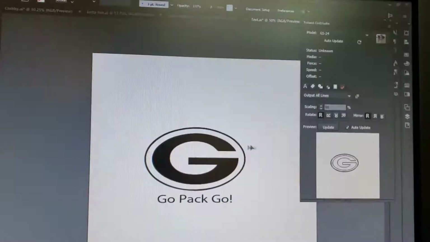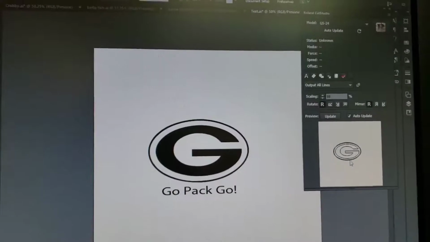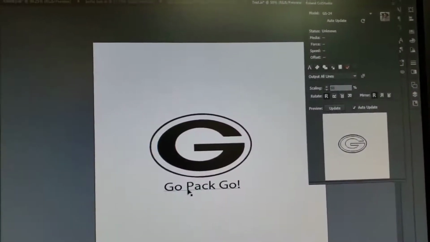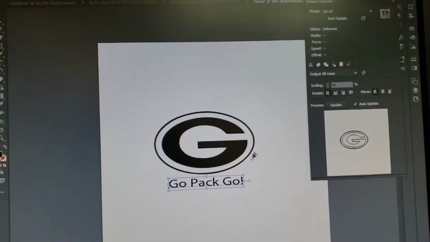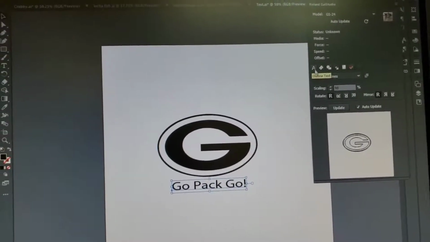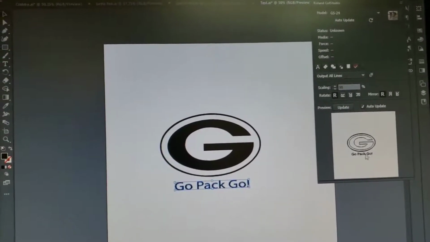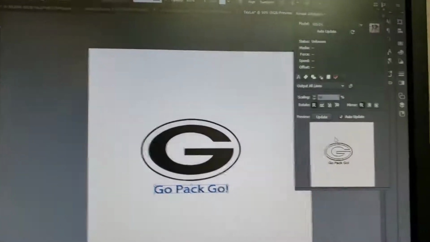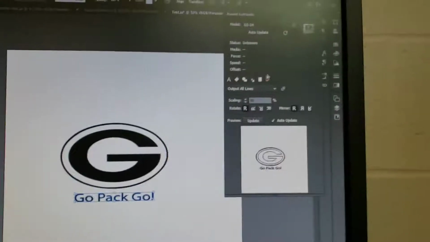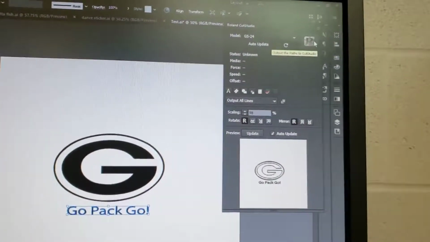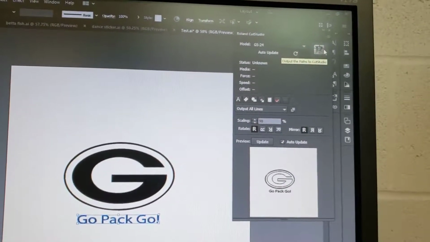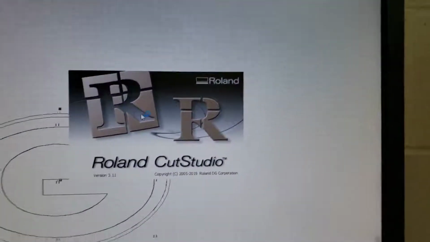So, I need to make sure that I see my image over here and it doesn't look messed up. As I look, it doesn't have the words. So what I have to do is click on my words and I click this letter A, outline text, and I see it shows up there. Okay, we're good. If you don't have words, don't worry about it. Once I make sure that's good, I need to click on the Roll and Cut Studio, output to Roll and Cut Studio. It's gonna send it over,